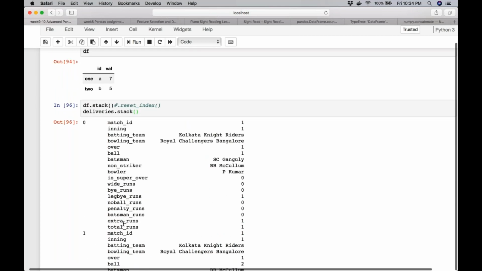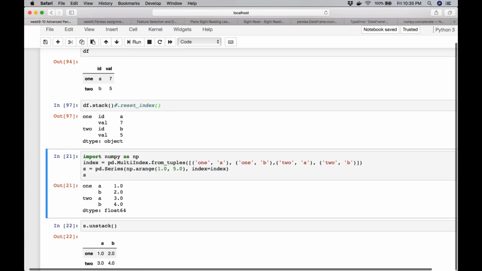So this is what stack does. You will have your original level of index, then your columns as the level 1 index, and then the values. Is this clear? What is stack doing? This is very important, to understand the structure and what stack and unstack do. Yes, it's like stacking those rings or stacking the toys, literally putting them one on top of the other. So this is what you get. So this is a series.